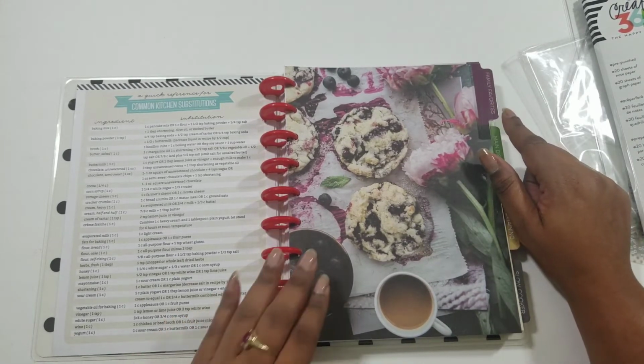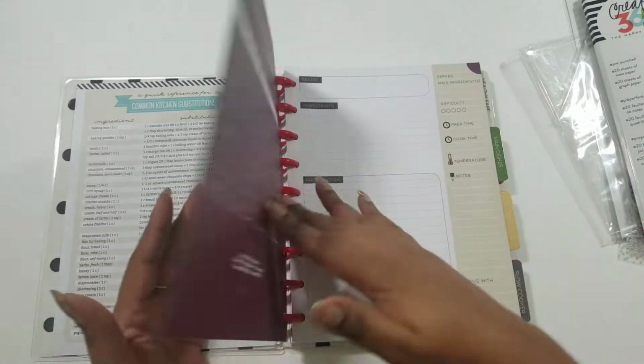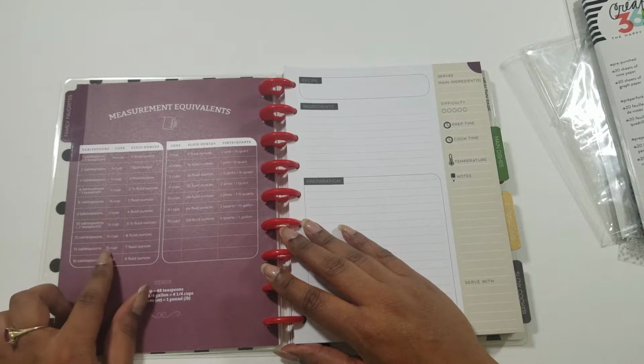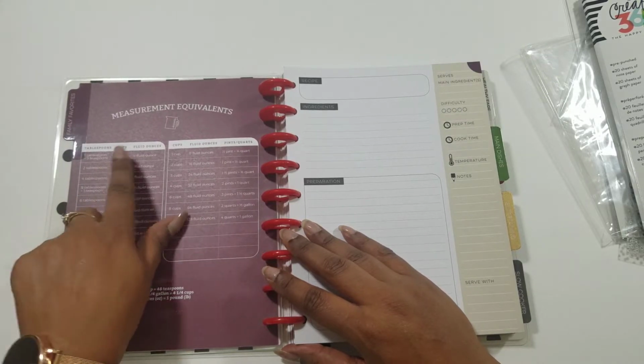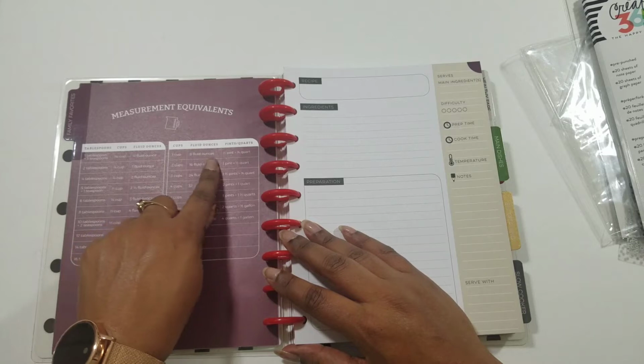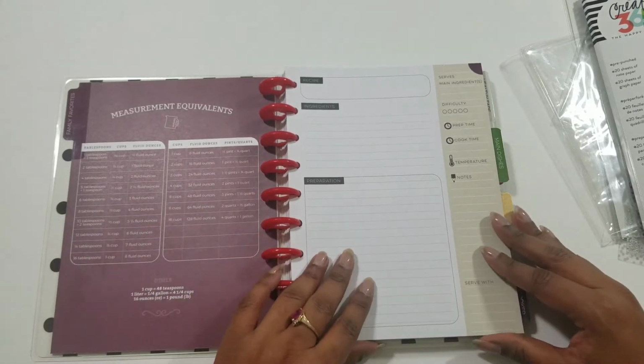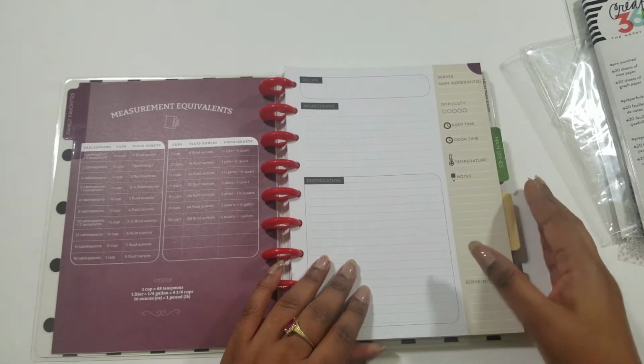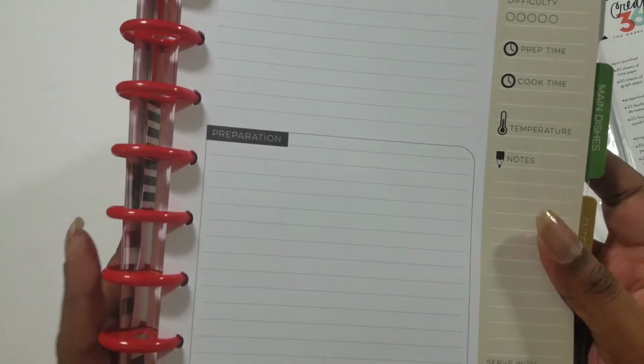So you have family favorites. And this is a beautiful picture. And then on the back of this, it gives you measurement equivalents, which is amazing. It'll go from teaspoons to cups to fluid ounces, and then cups to fluid ounces to pints and quarts. That's very helpful. And this is pretty much what the spread looks like for the